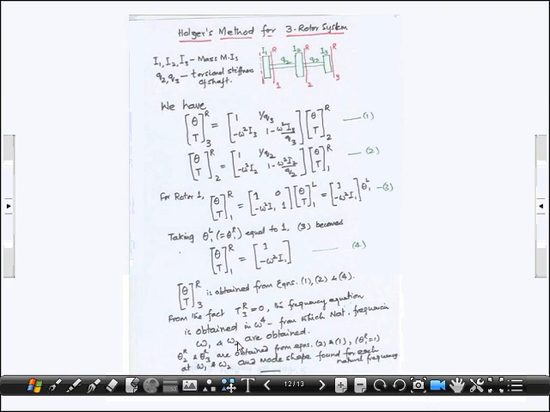Of course, this is a 3-rotor system, but there is no constraint at the end. Therefore, it is actually a 2 degree of freedom system, and it will lead to two natural frequencies. Here again, using these